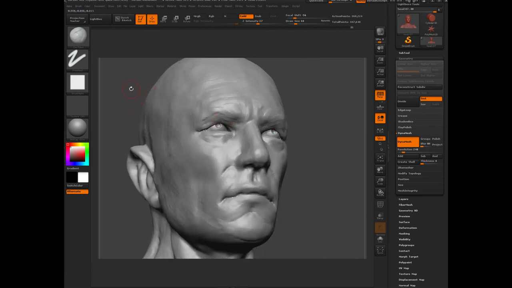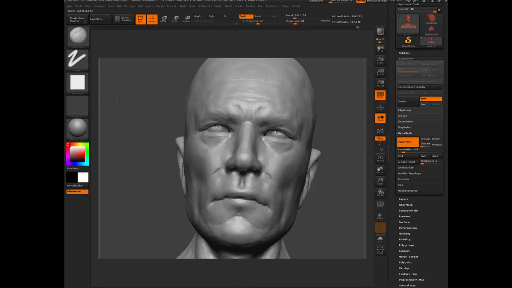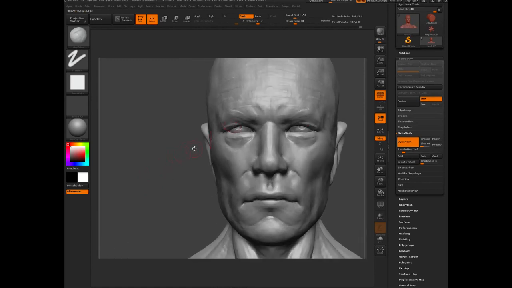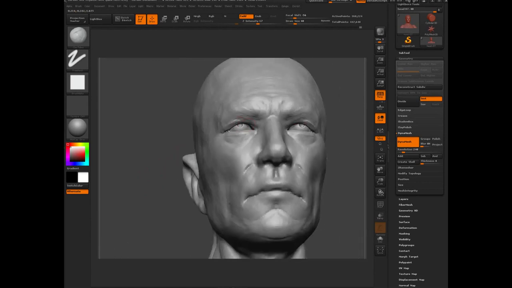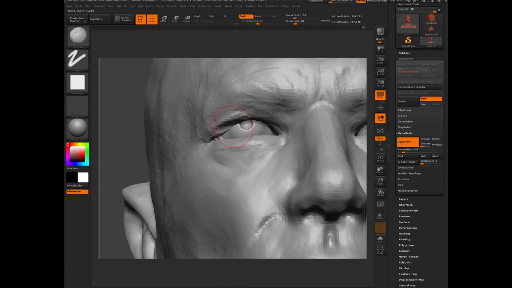There's something going on here. Let's see. Just going to keep tweaking. So that's not really working. Obviously, this needs to be moved up a little bit, so I'm just using the Alt, and let me smooth that a little. So if you saw there, it started to kind of crease a bit,